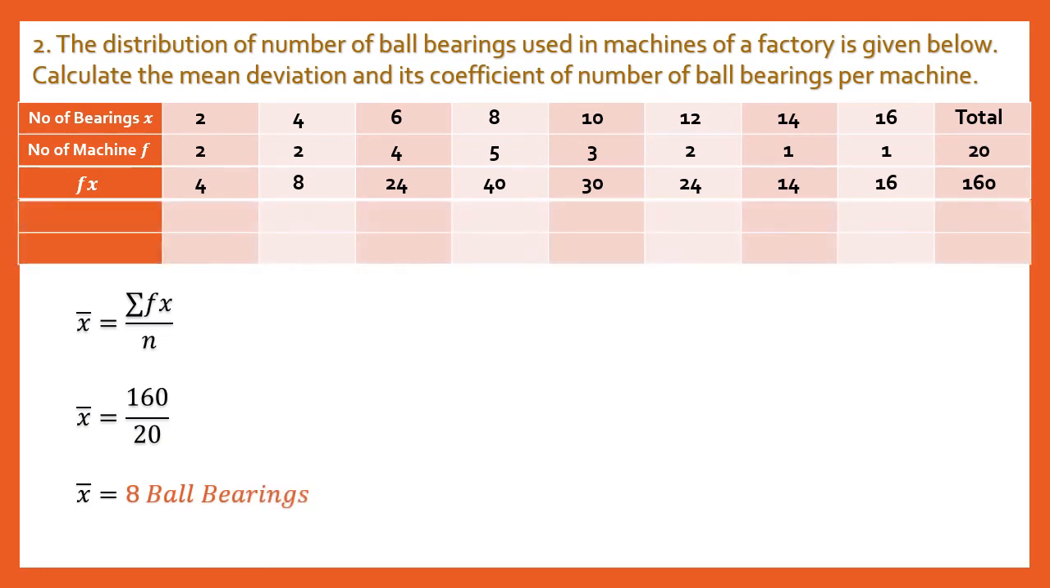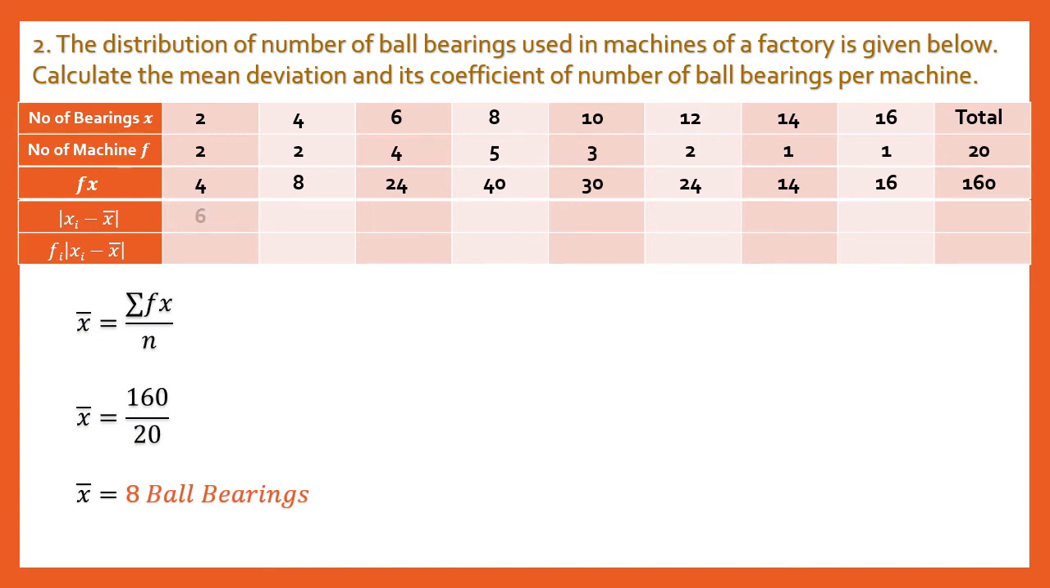So now I'm going to create another table where I will write down xi minus x bar. That means deducting 8 ball bearings from all the values of x, and then I will be multiplying that modulus of xi minus x bar, whatever answers I get, with the respective frequencies. Let's do it one by one. First of all, the number of ball bearings are 2, 4, 6, 8 and so on. From each of them I am going to deduct 8, and whatever is the answer